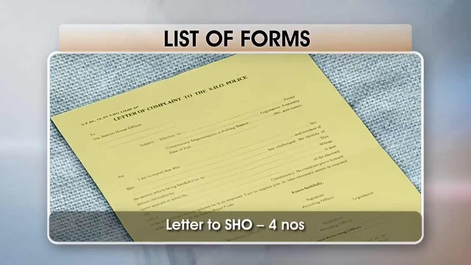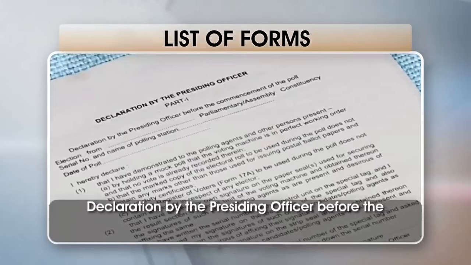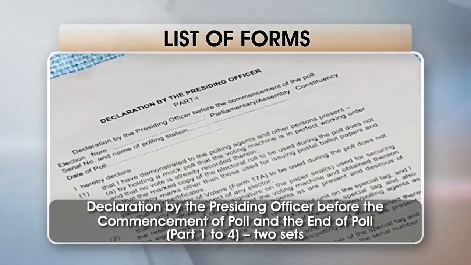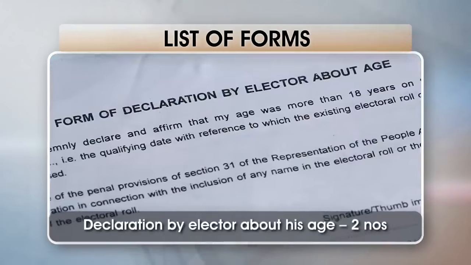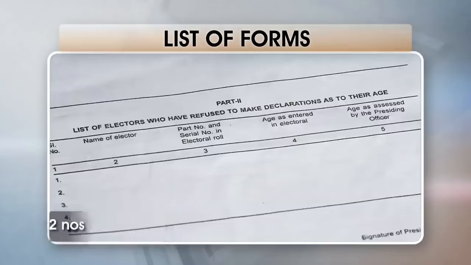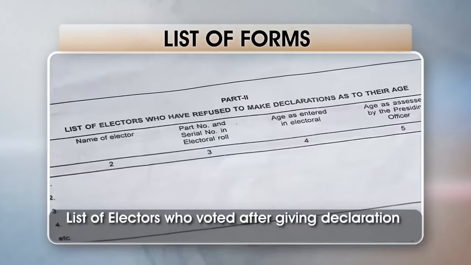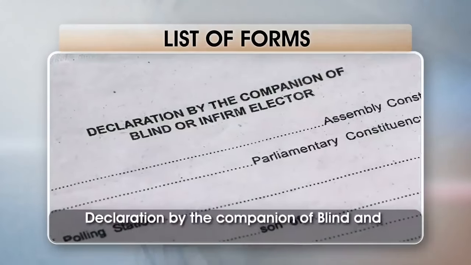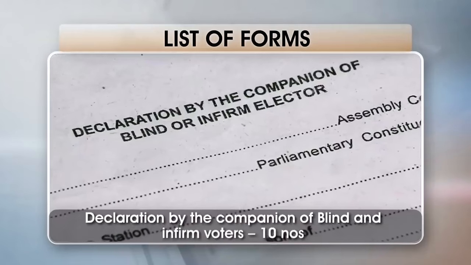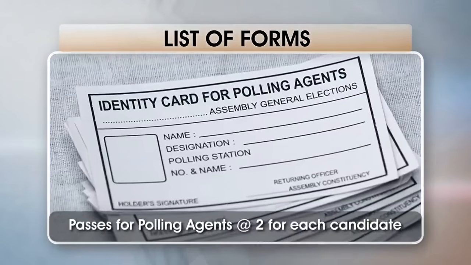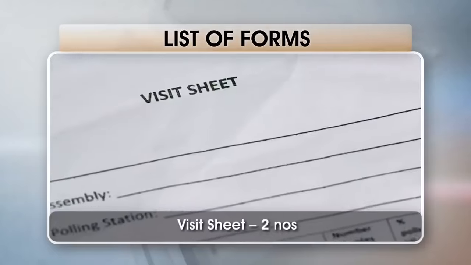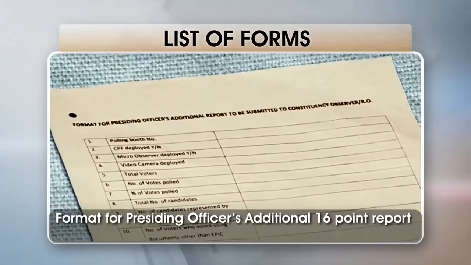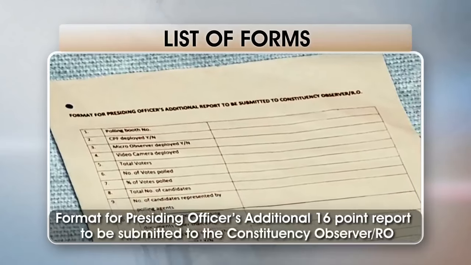Letter to SHO, 4 numbers. Declaration by the presiding officer before the commencement of poll and the end of poll, Part 1 to 4, 2 sets. Declaration by elector about his age, 2 numbers. List of electors who voted after giving declaration or refused to give declaration, 10 numbers. Declaration by the companion of blind and infirm voters, 10 numbers. Passes for polling agents, 2 for each candidate. Visit sheet, 2 numbers. Format for presiding officer's additional 16-point report to be submitted to the constituency observer or the